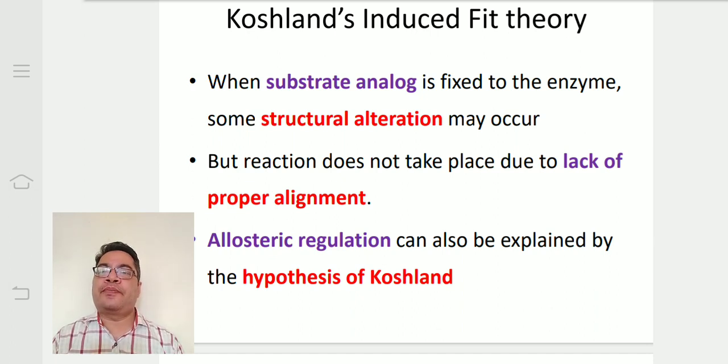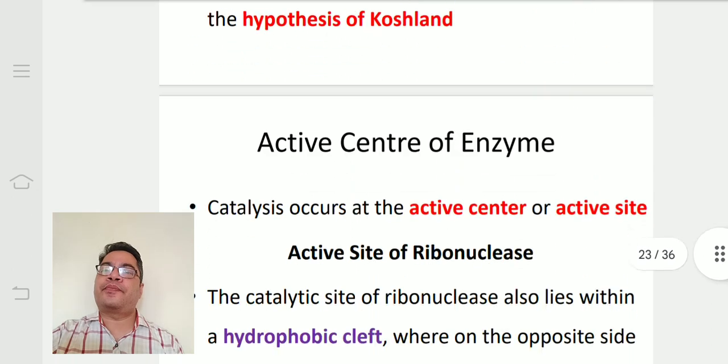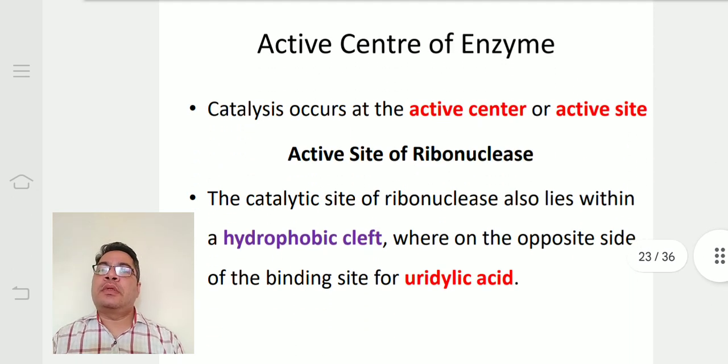Coming to the active center of enzyme. Catalysis occurs at the active center or active site. For example, the active site of ribonuclease enzyme is considered. The catalytic site of ribonuclease also lies within the hydrophobic cleft, where on the opposite side of the binding site for uridylic acid,